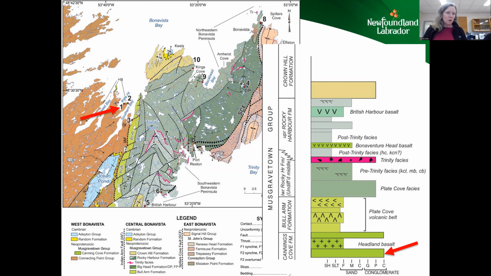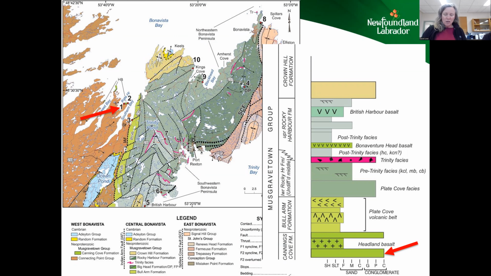So to look at the base, we're going to go to Southern Bay Head, which is shown on the map there between Cape Harbor and Southern Bay. And we're going to look at the west side first and then the east side of that peninsula before proceeding up section through some of the